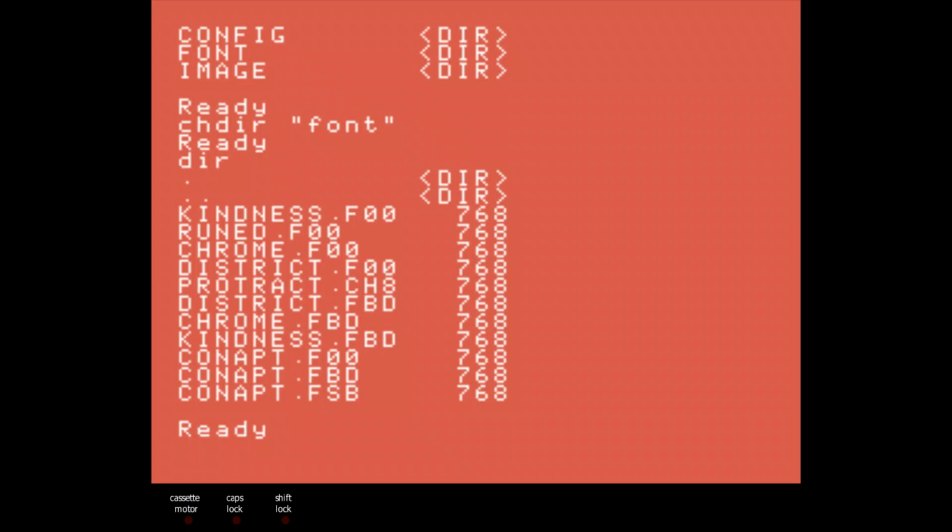Now in here we see a few different files. These are all Spectrum binary font file format, 768 bytes, which is basically 96 characters defined, just the main ASCII characters essentially. And I got these fonts from a site called damieng.com, and I'll just put it out on here, damieng.com,